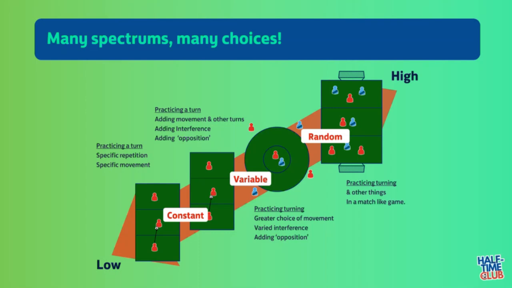Now, this doesn't mean that a low decision-making practice or an unopposed practice is a bad thing, and we have to be conscious and cautious of saying that, especially with what we read online. Sometimes you can be led to believe that it's something you shouldn't do. However, if a player is struggling with something, we may want to slide up and down the scale to different degrees to support that player based on what they need to work at. But the key thing here is they're both highlighting the same thing. But what I'm now going to do is break down constant, variable, and random.